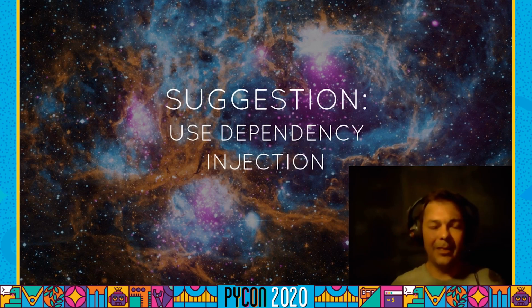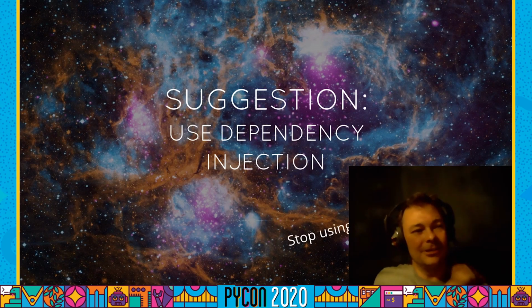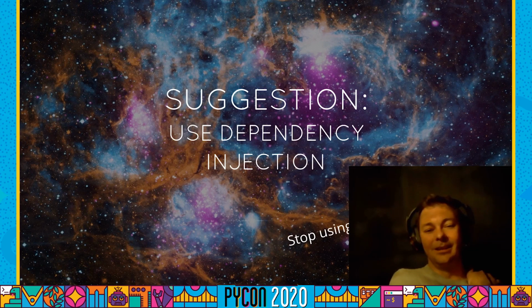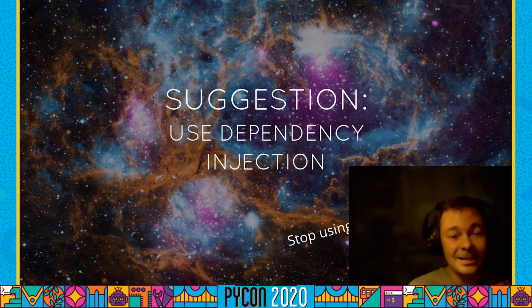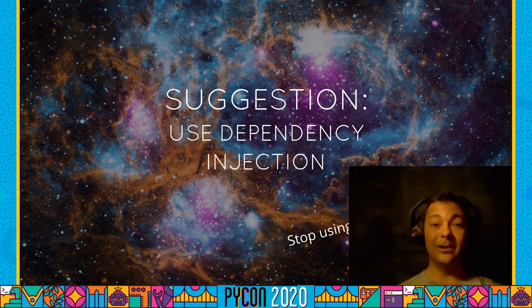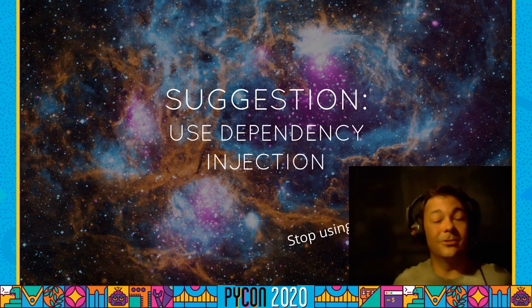And if you thought that last thing sounded like a little bit of a lot of work with questionable benefits, the next thing is practically a swear word or a taboo in the Python world, which is you should use dependency injection. So this is my stop using mocks part 2. I've said instead of using mock objects, you should use fakes. And part 2 is instead of using monkey patching, unittest.mock.patch, I think you should try using dependency injection.